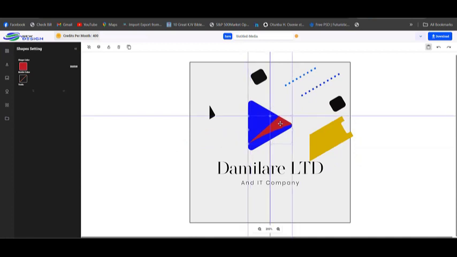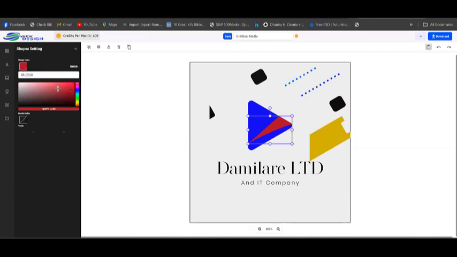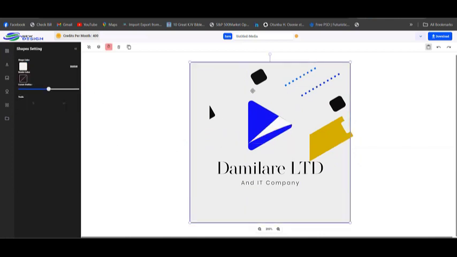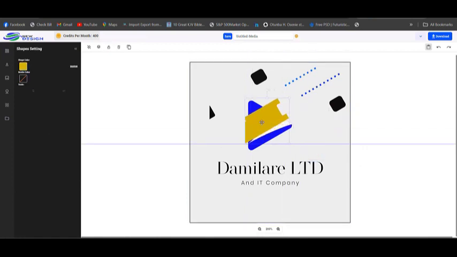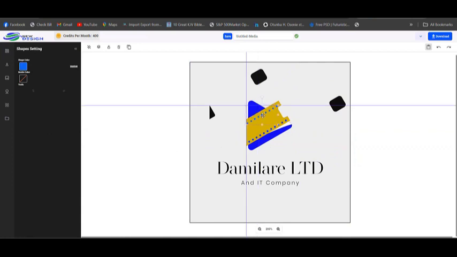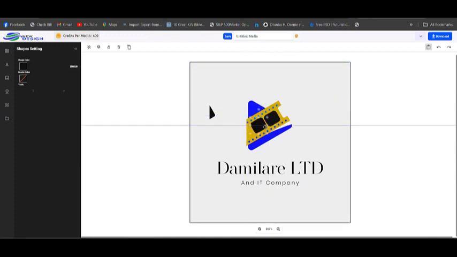So you can change this one to white. You see, then bring back all these ones. Bring the yellow back and the gold color back. Return the blue to the line, to the film icon. Then bring back all this action icon. So you see, I have created my logo back as it should be.